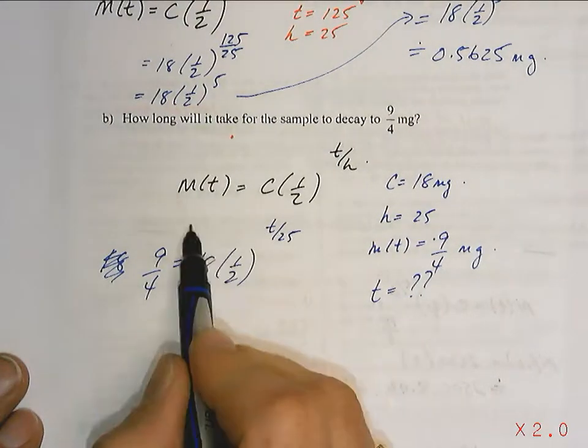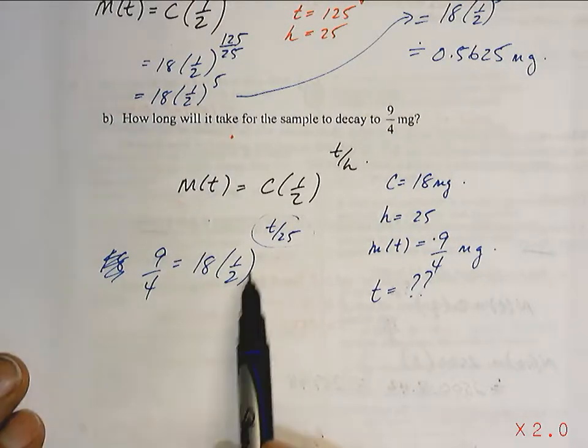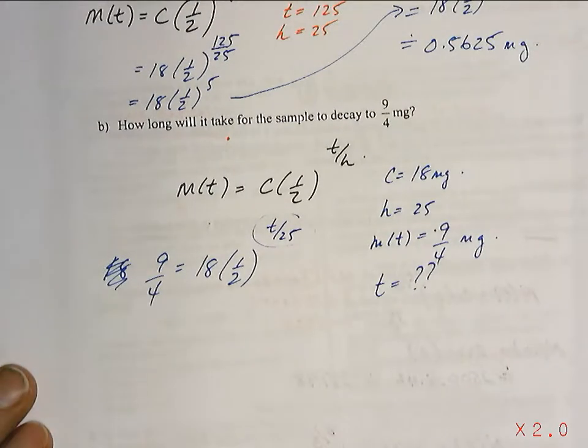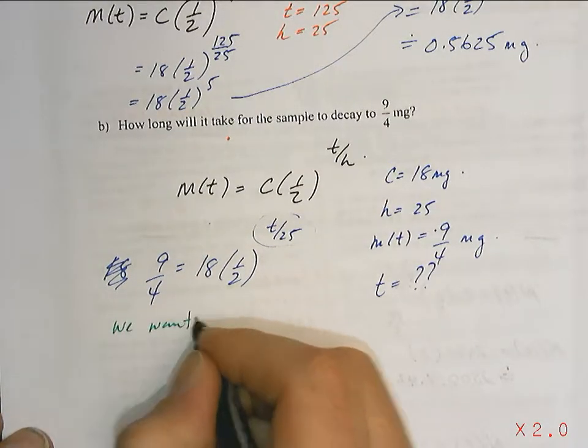Remember that your variable is up here in the exponent. So what we need to do is be able to get, we need this. This is your concept. We want